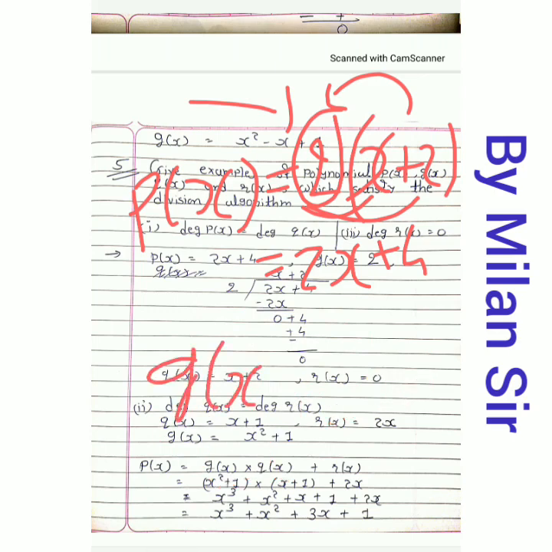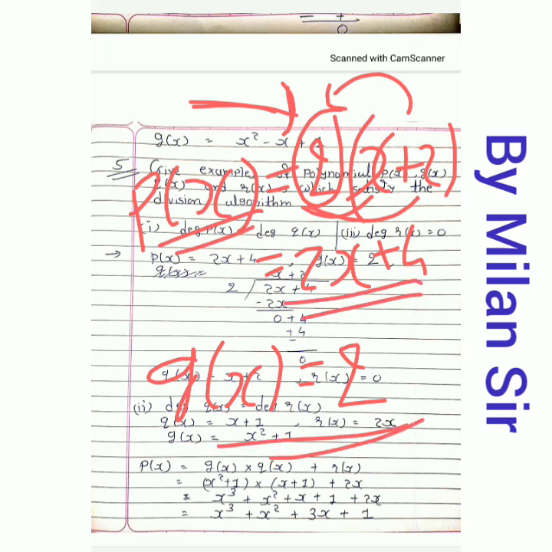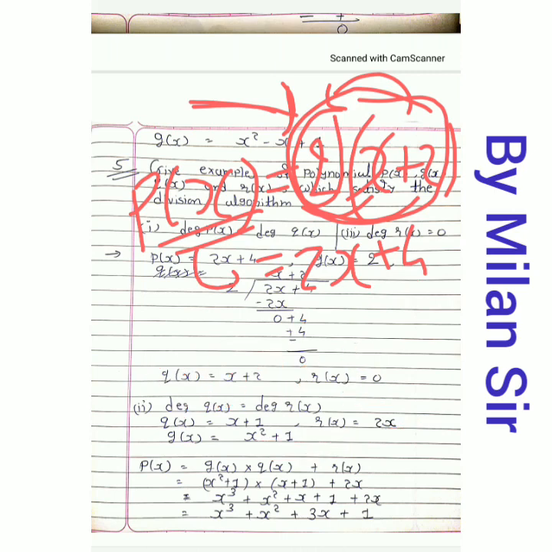So our g of x is equal to 2. Whatever number we took here in p of x, that is our g of x. Okay, so my p of x is equal to 2x plus 4 and g of x is equal to 2. This calculation we do not need to show, this is our rough work. Okay, directly we write that p of x is equal to 2x plus 4, g of x is equal to 2. Now let's see what happened.